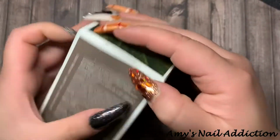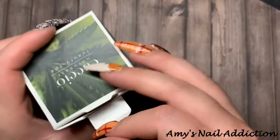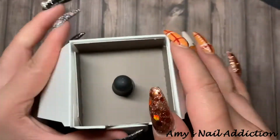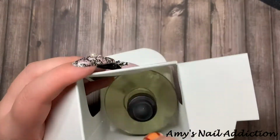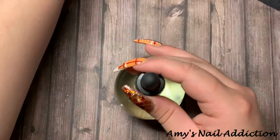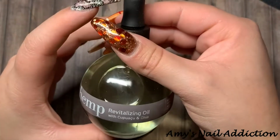but I couldn't really find cuticle oil at Global, and Cosmoprof didn't have that many in store. They really had this one and the C&D one, and I really did not want the C&D one. So I just got this one. They didn't have all their scents in either. They just had this one,